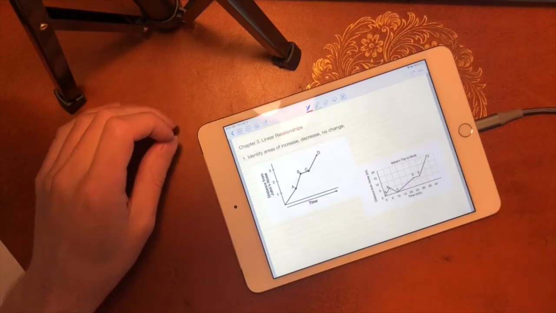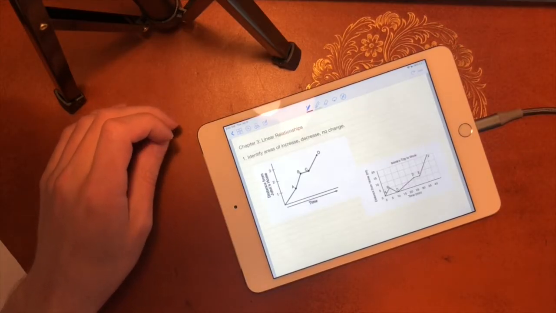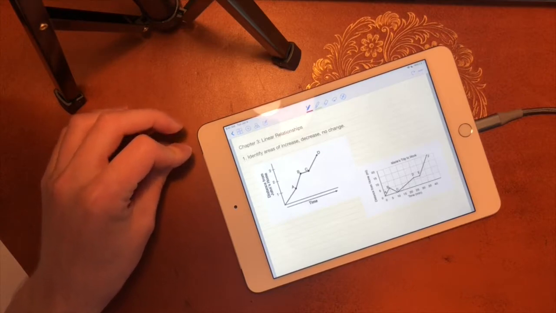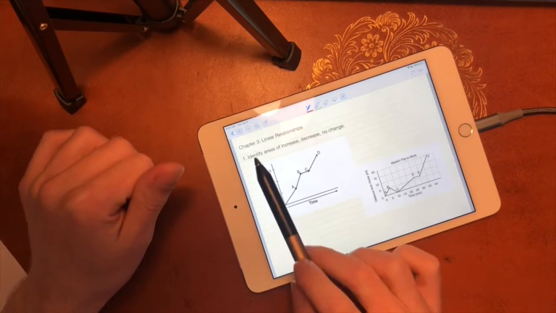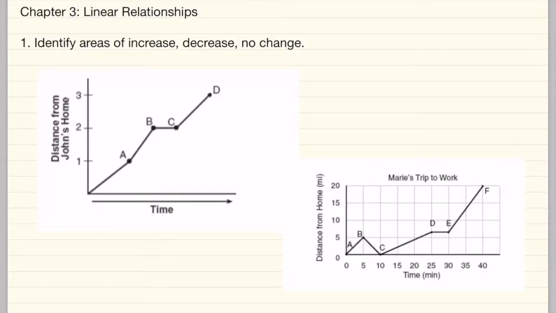Hey everyone, we're going to continue with chapter 3 today. We're going to break chapter 3 into two parts. Today we're going to talk about linear relationships, and we're going to start by talking about identifying areas of increase,